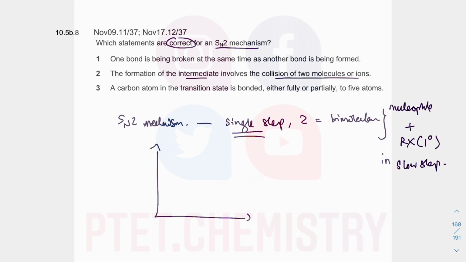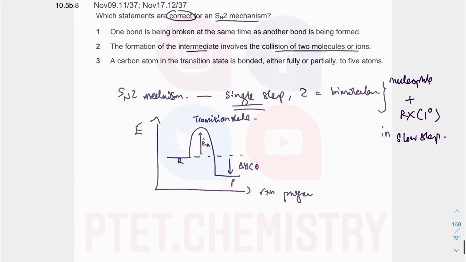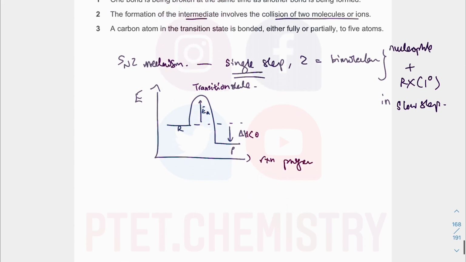Because we talk about a single reaction profile diagram, where that is what we call a transition state, because you don't really have an intermediate, all right? So there's a reaction progress or extent of reaction. I don't know if my reaction is exo or endo, but I'm just assuming it's exo, okay? I'm assuming, all right? So what happens in that mechanism is, if I show you a mechanism, CH3, CH2, Br